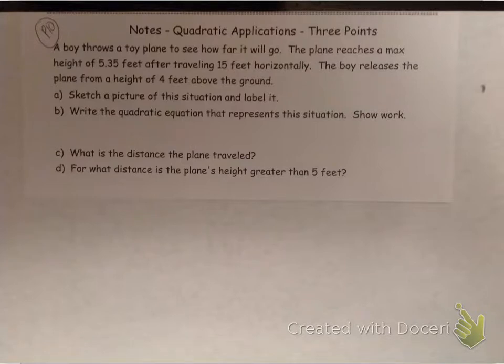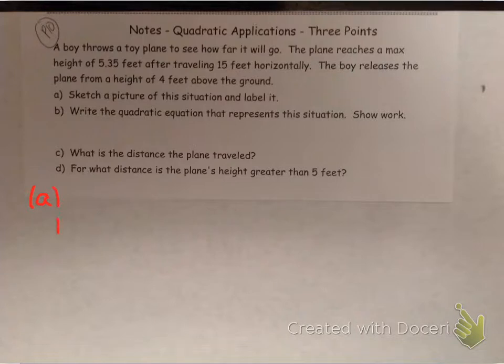So they're going to be problems similar to this one. The problem talks about a boy that throws the plane to see how far it's going to go, and they give you the maximum height of 5.35 feet after traveling 15 feet horizontally. So what you would do first is part A